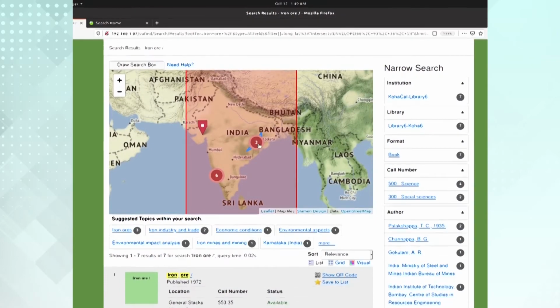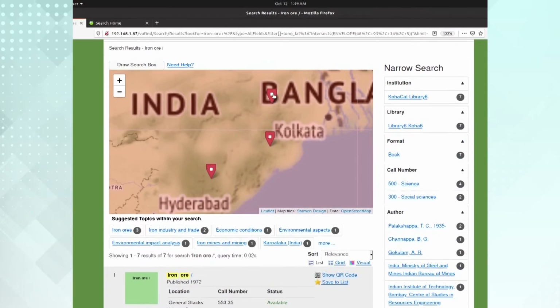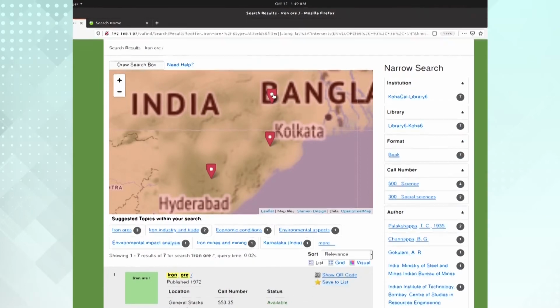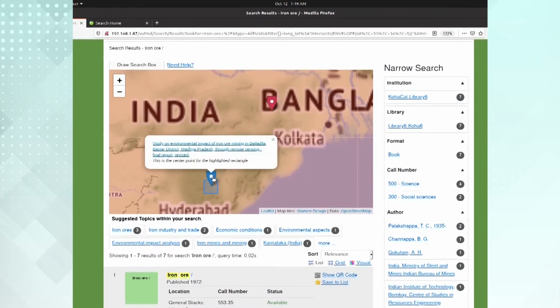So now suppose I want to see what place names these three documents deal with. If I click, again it tells me the difference, and I can click here to know the title of this particular document, and here the title of this particular document.